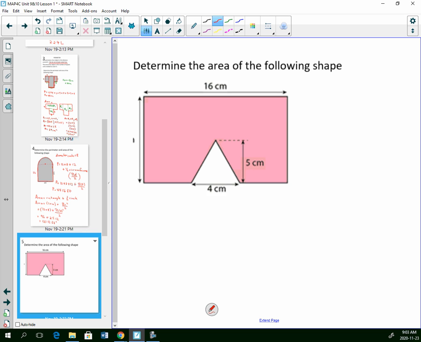Like, it's hard to divide this up into composite shapes, but I could say, well, we're doing area. We're not doing perimeter. So I could say the rectangle is, right, it has this triangle. If I took the area of the whole rectangle, but I cut out this triangle, that would give me the area of the red or the shaded part. So sometimes it's a negative shape,